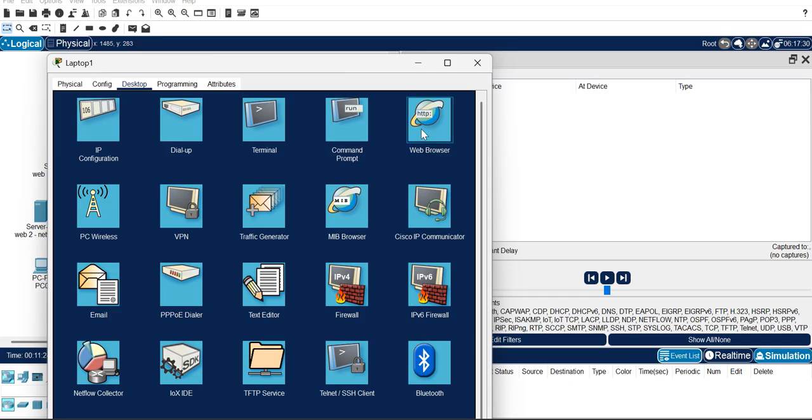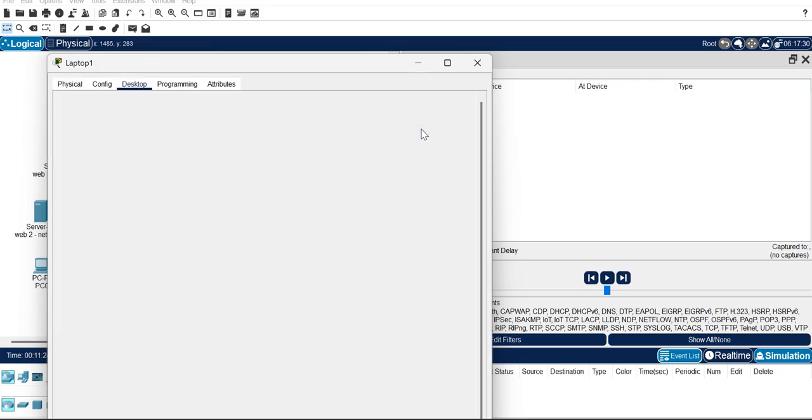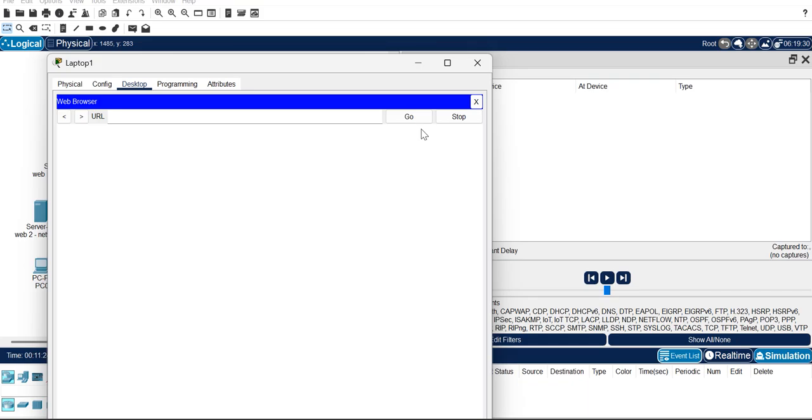We'll be going again to our web server. Here, www.web1network1.com, and here is the DNS request sent.